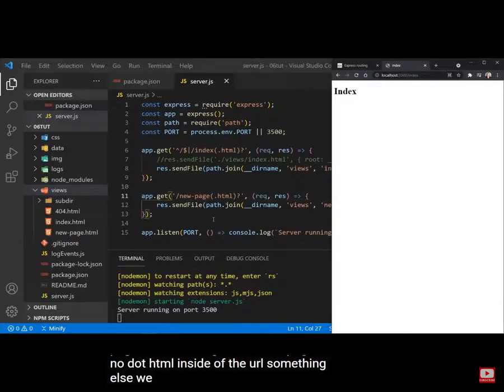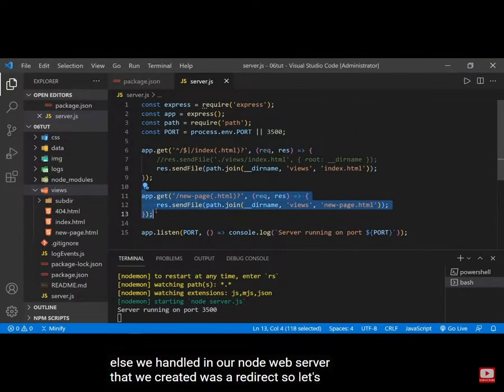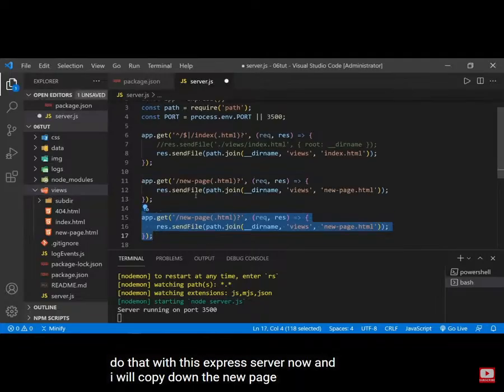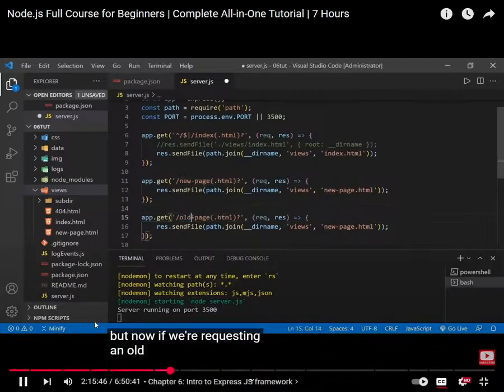Something else we handled in our Node web server that we created was a redirect. So let's do that with this Express server now, and I will copy down the new page request. But now if we're requesting an old-page,